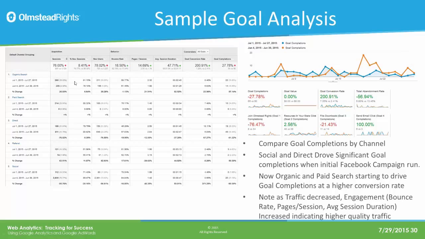So if I just looked at this from a sessions point of view, I would freak out and say, oh my goodness, it was awful. We had 76% less traffic. But when I look at it from a goal conversion point of view, I sit there and I say, but I had much better engaged traffic, so now I have to look around my channels to see what I need to do to basically increase the promotion of those and get more visitors from the channels that work the best for me.